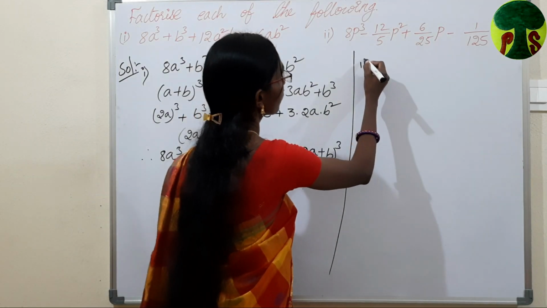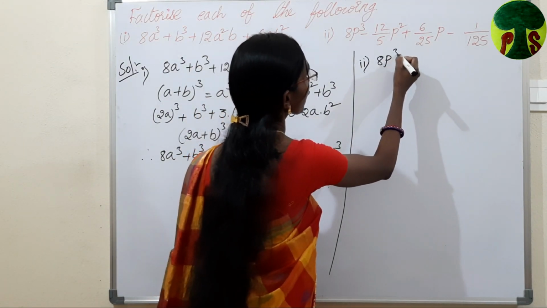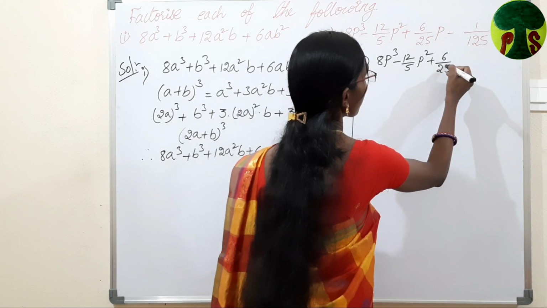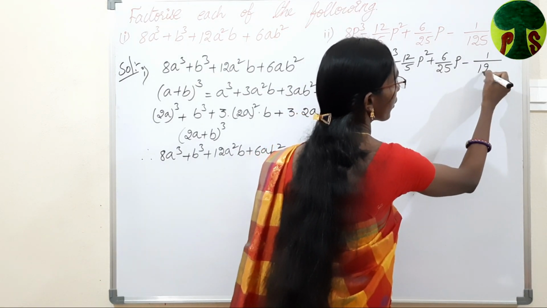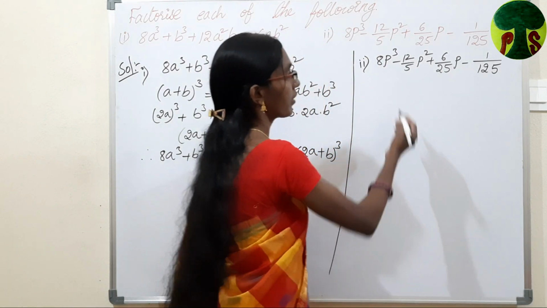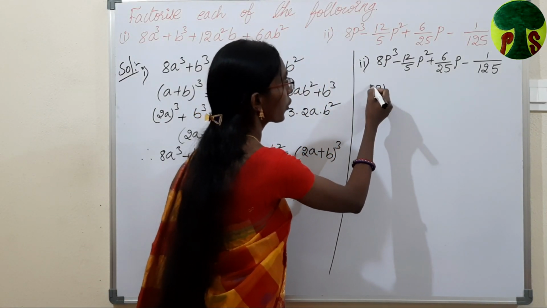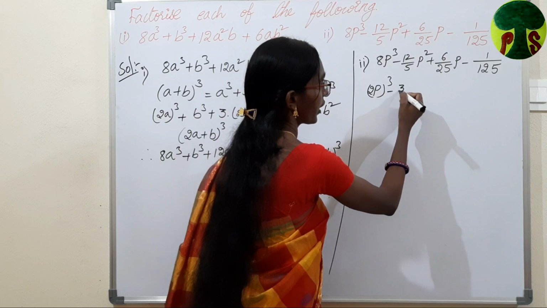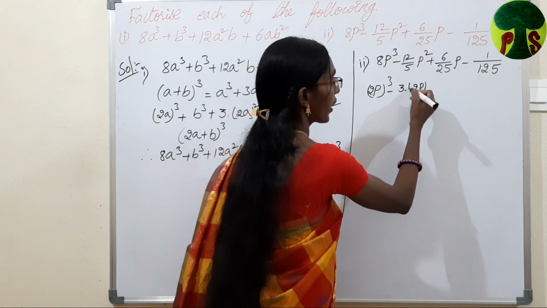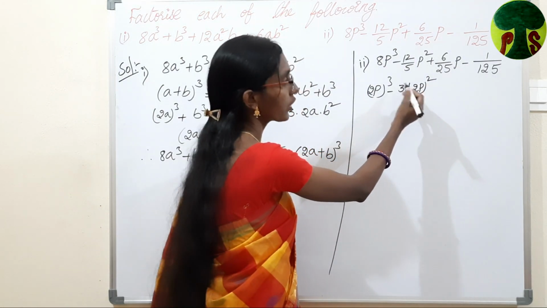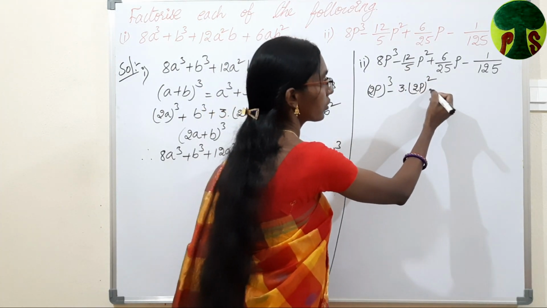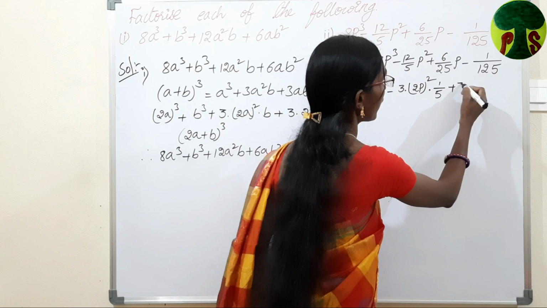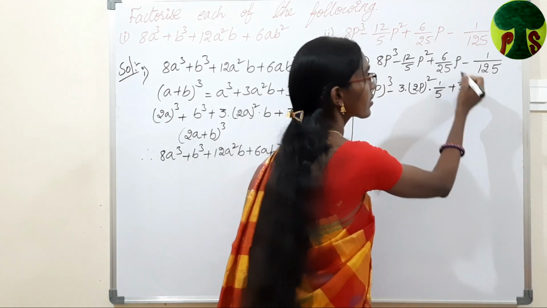Let's solve the second one. The given expression is 8p cube minus 12 by 5 p square plus 6 by 25 p minus 1 by 125. I am rewriting the given expression as (2p) whole cube, because (2p) whole cube is 8p cube, minus, I am writing this as 3 into (2p) whole square, because 2 square is 4, 4 into 3 is 12, 12p square into 1 by 5, plus 6p, I am expressing this as 3 into 2p, 3 into 2 is 6, 6p